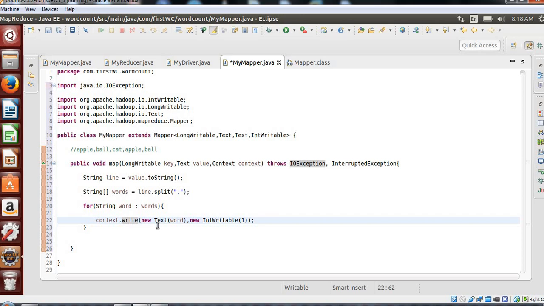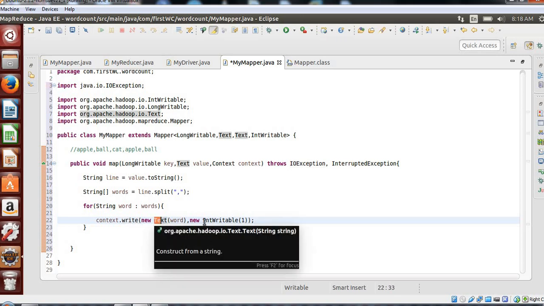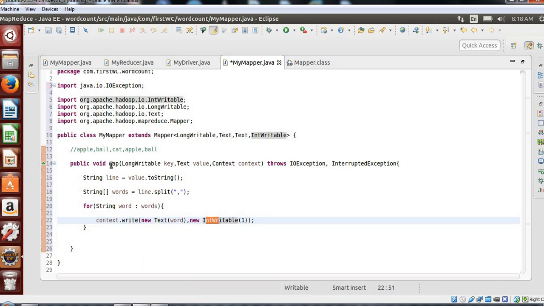So what happened in the context? I'm passing my key and the value. And what would be my key? The word, word by word. So apple 1, ball 1, cat 1, apple 1, ball 1.